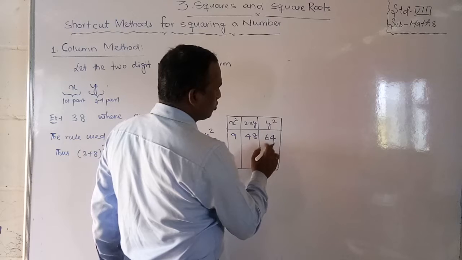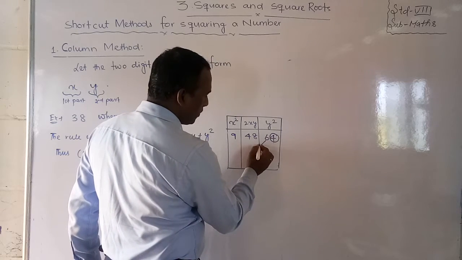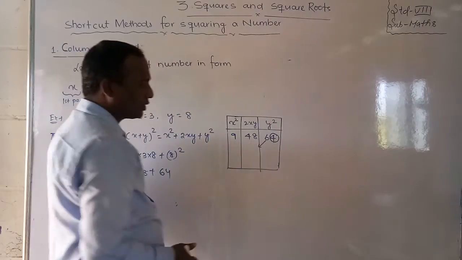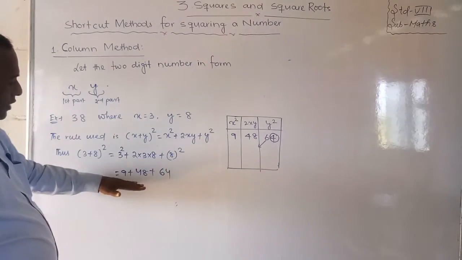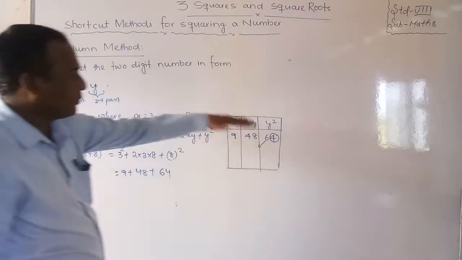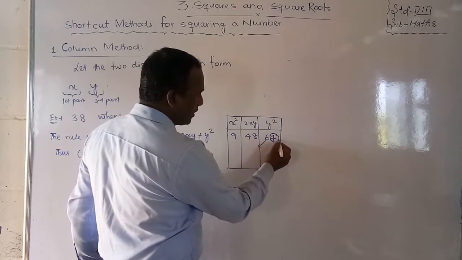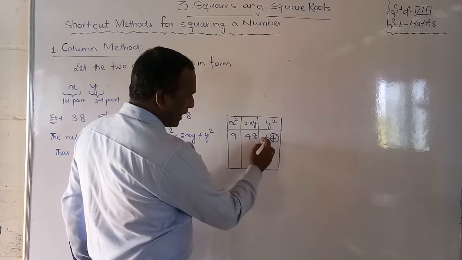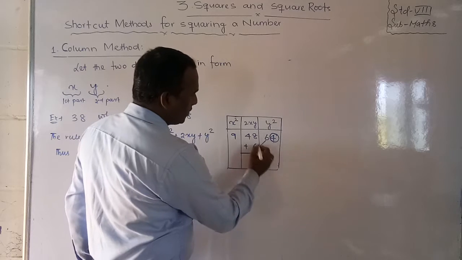Here only a single digit should stay. That means 4 should stay here, and this 6 will come here. Did you understand? First of all, I squared the numbers, I have written this value, and these 3 columns I represented here. Now check. 4 you should keep as usual here in place, and the 6 will come to here. You add here 6.